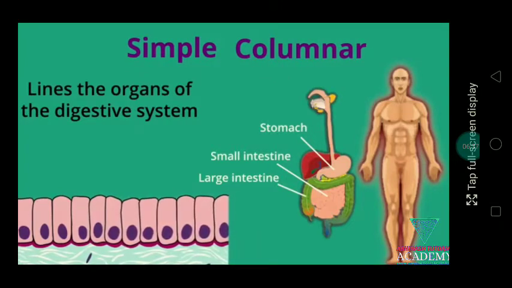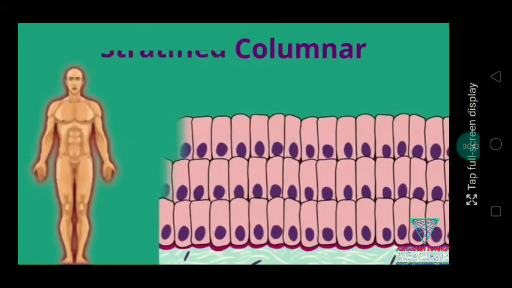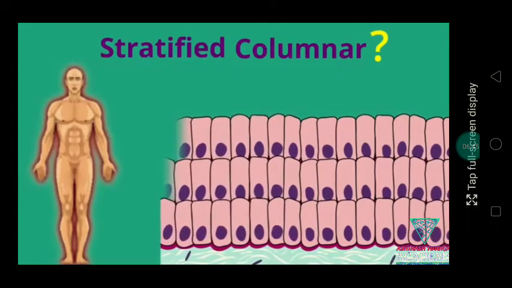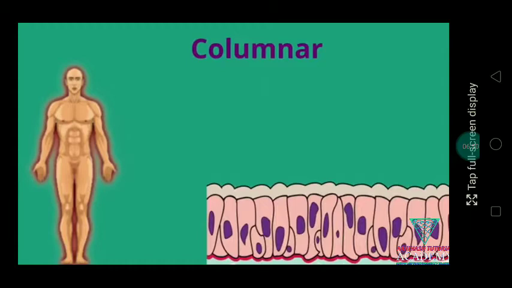But the question is, are these column-like cells also present in multiple layers? Is there something like a stratified columnar tissue? The answer is no. The second type of tissue made by columnar cells is an extremely thick layer of cells,